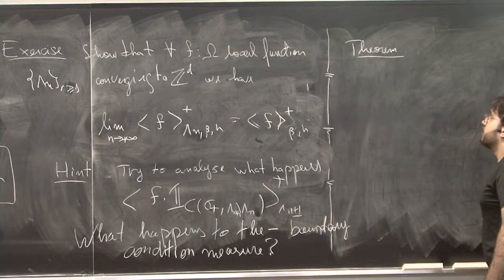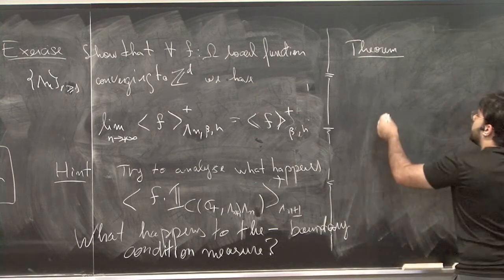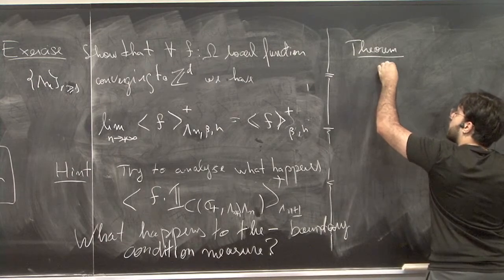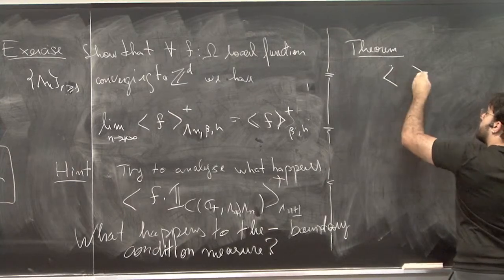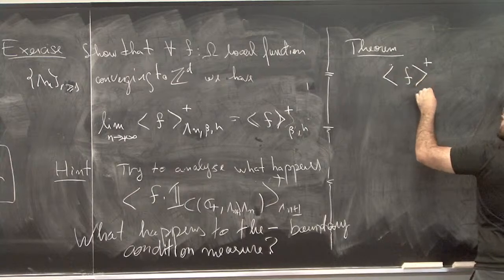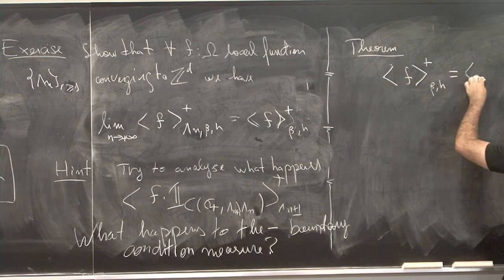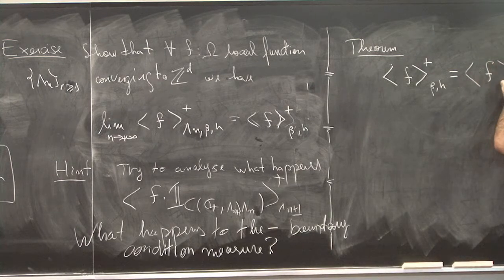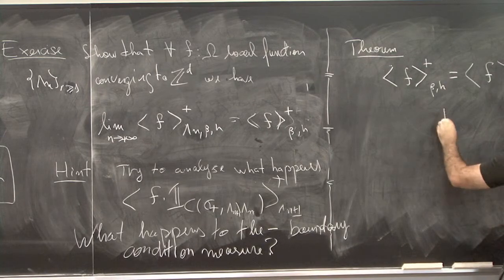What happens to the minus boundary condition measure? So a theorem will be the following. In the thermodynamic limit, these two are equal if and only if,